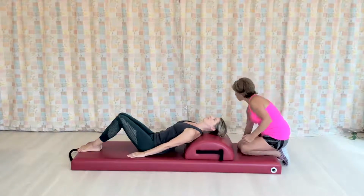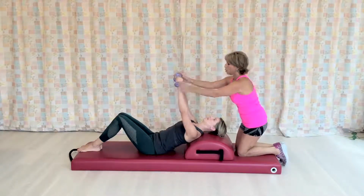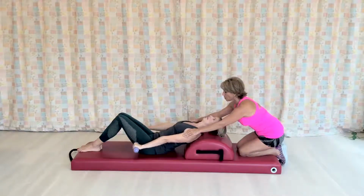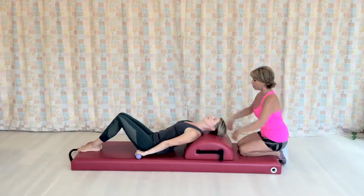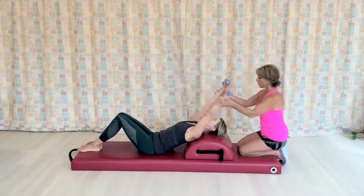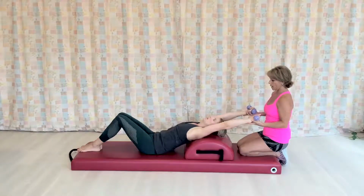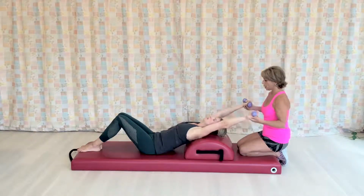Good. I'm going to give you the weights here. The two are 2 pounds. Bring your arms straight down. We're going to start from the mat, so bring your arms all the way down. Now take a deep breath through your nose, bring the arms up to the ceiling, and exhale all the air as soon as you bring your arms above your head, by your ears, and then circle the arms slowly to